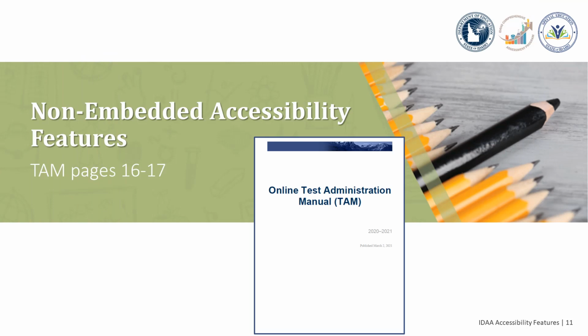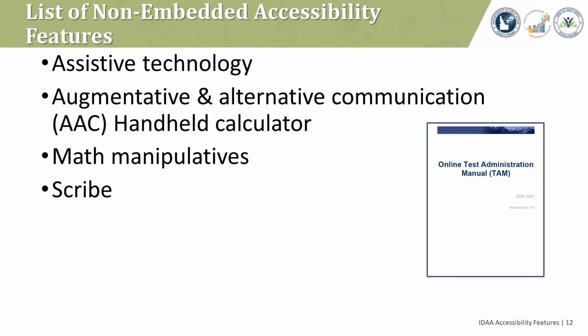Now that you are an expert on the embedded accessibility features, let's take a look at the non-embedded accessibility features. Non-embedded means that the accessibility features are not accessed in the secure test browser. Take a moment to turn to page 16 of your TAM. All of these Idaho Alternate Assessment non-embedded accessibility features are described in Table 7 of the TAM on pages 16